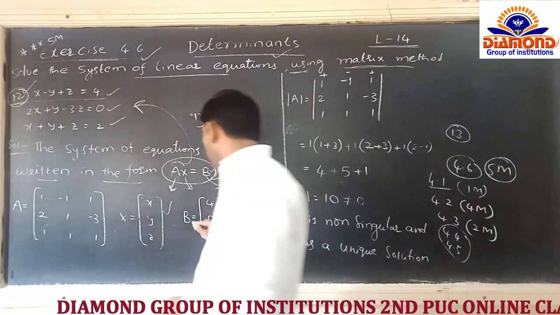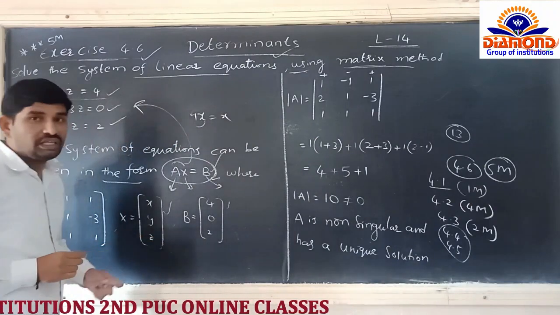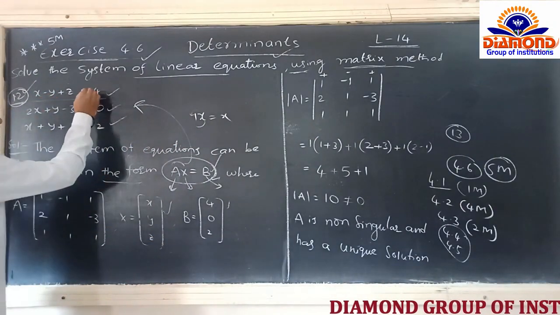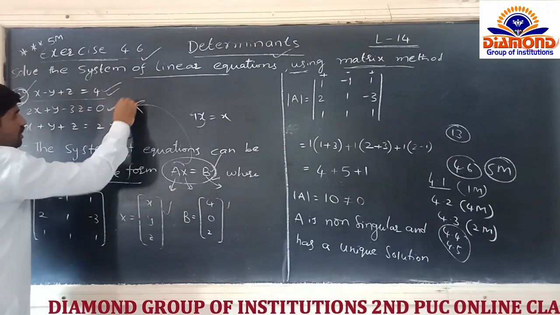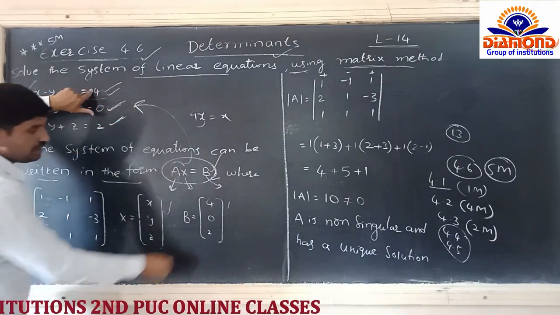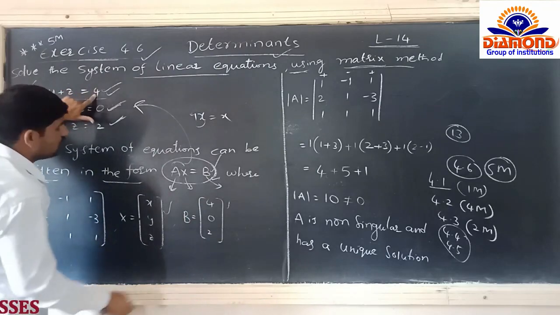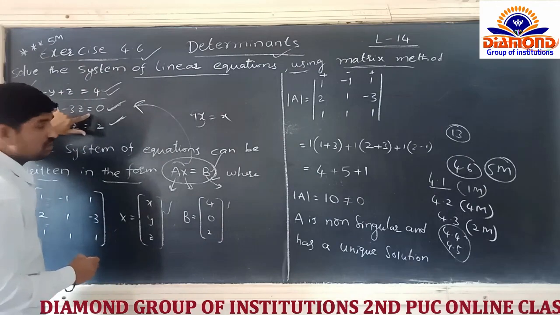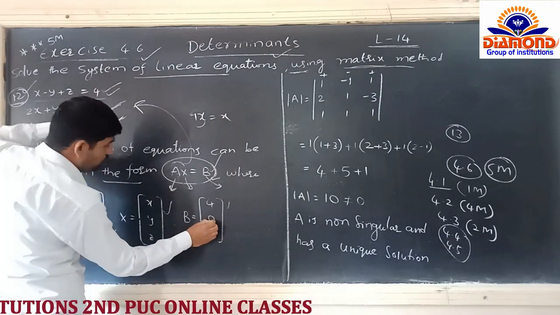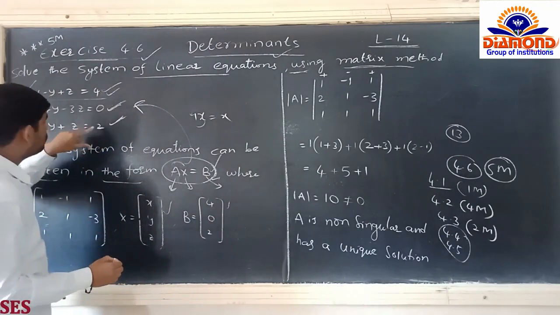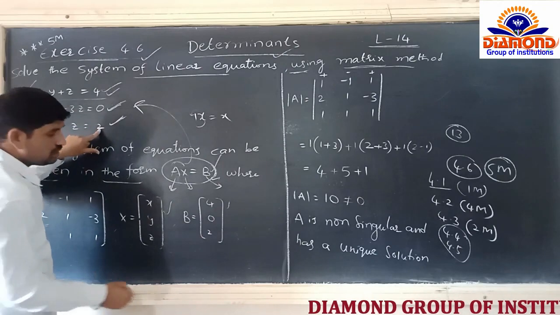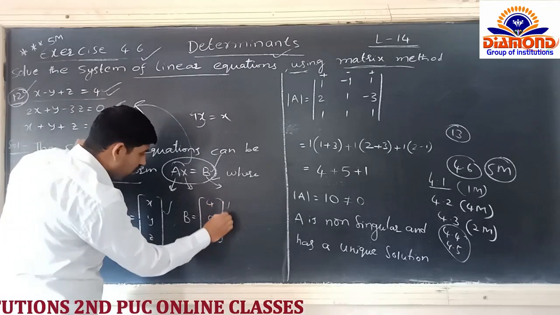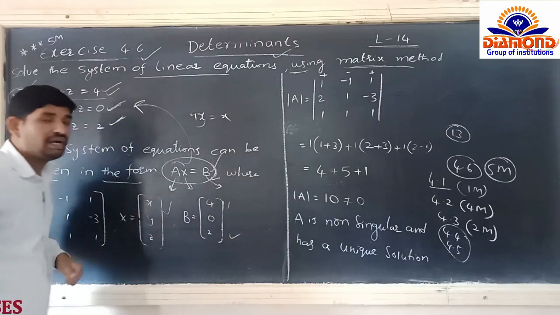So now we are taking the matrix B. How can we write the matrix B here? Whatever the three equations have, after the equal sign, whatever constant is left, we have to write in this. From the first equation that is 4, so we write 4 in the first row. From the second equation that is 0, we write it in the second row. From the third equation, whatever constant is left, that is 2, so we write 2 in the third row. So we got one more matrix. This is known as matrix B.